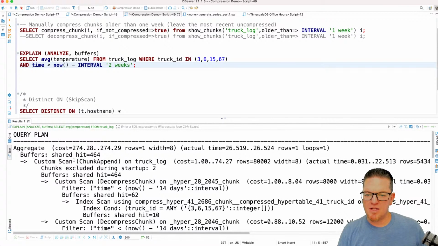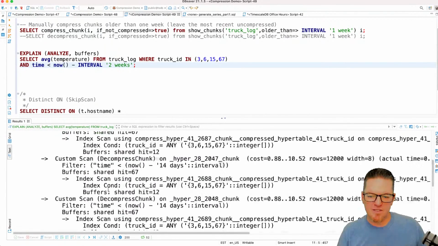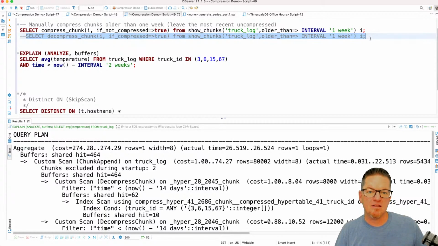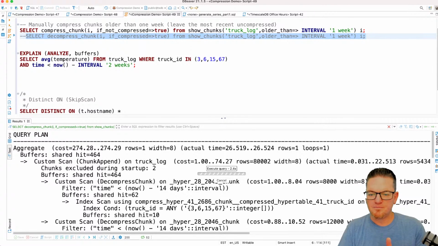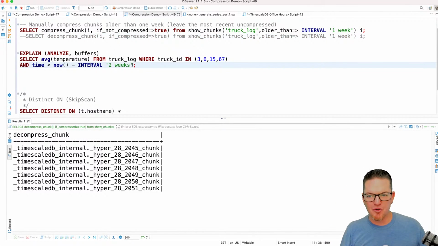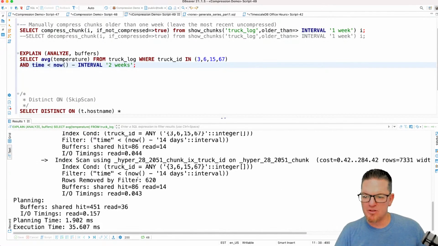All right, so I do that query, and now you'll notice, because I'm only reading from compressed chunks, it's way more efficient. And 26 milliseconds still to do the decompress and aggregate of those things. Now, if I do that same thing, I'll decompress those chunks again. Right, so what we're seeing is that Timescale is able to go find the data effectively within each of those. And because I'm asking for one individual column, it's able to read just that column out of Toast and do the aggregate. So now this data is uncompressed,